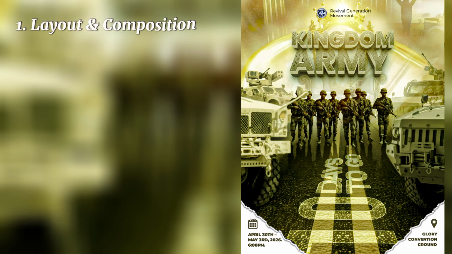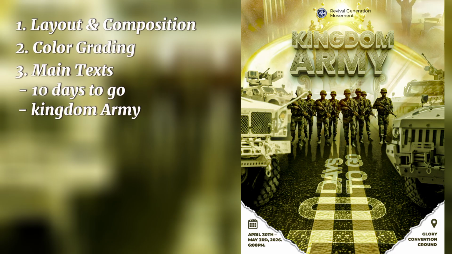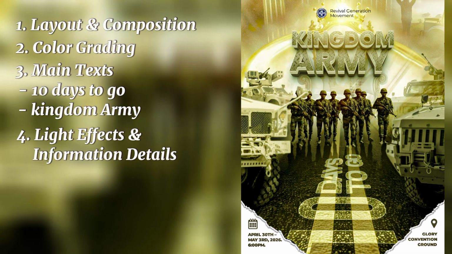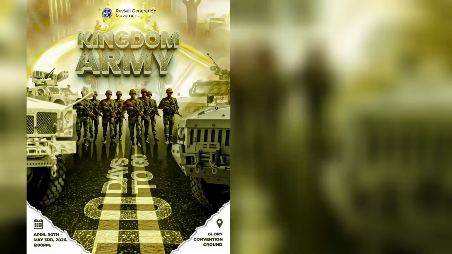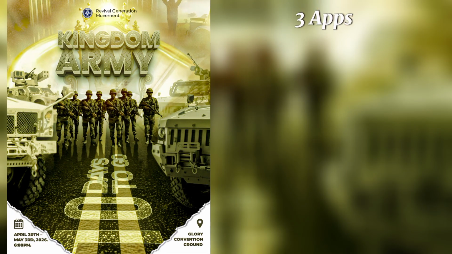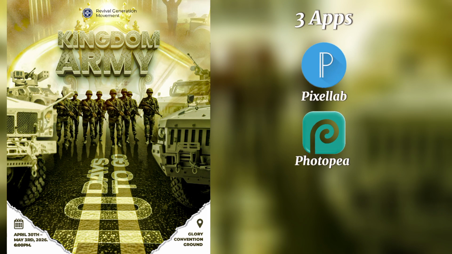Number 1, layout and composition. Number 2, color grading. Number 3, main texts. Number 4, lighting effects and information details. Number 5, final retouching. To follow along, you will need 3 apps ready on your phone: PixelLab, Photopea, and Adobe